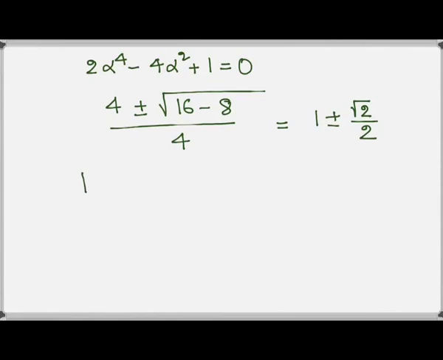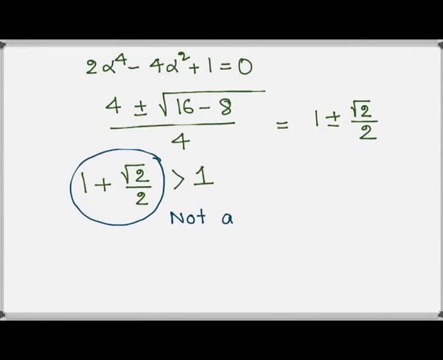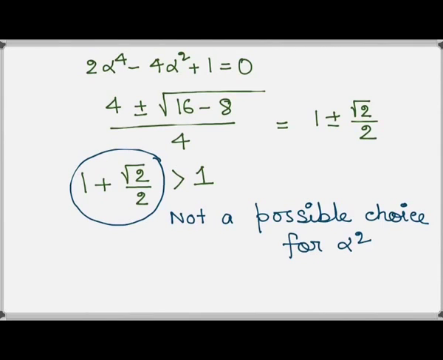Now we can note that 1 plus square root of 2 divided by 2 is strictly bigger than 1. Therefore, this cannot be a possible choice for alpha square, as we have alpha is less than equal to 1. So, we have alpha square is equal to 1 minus square root of 2